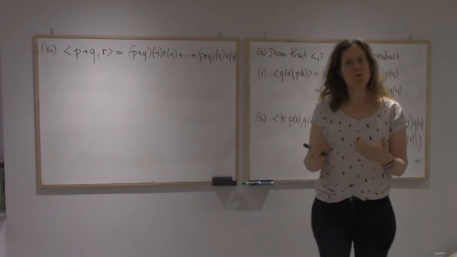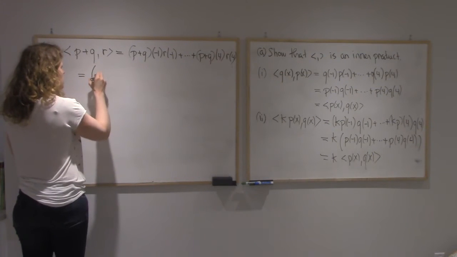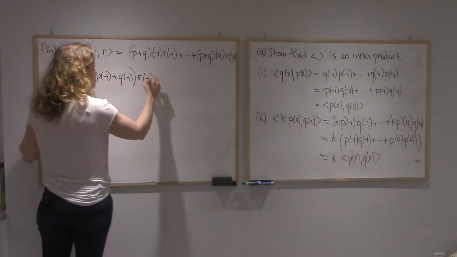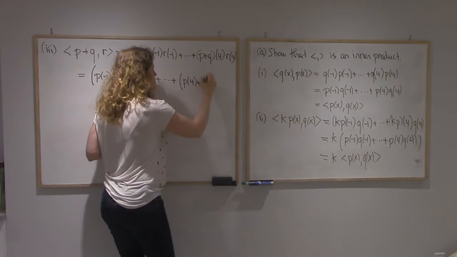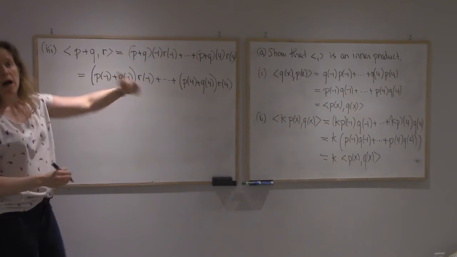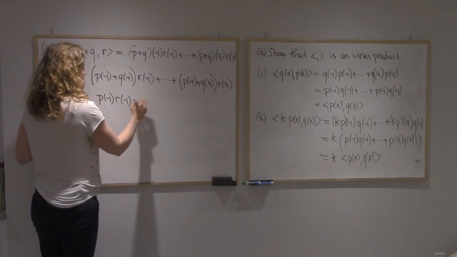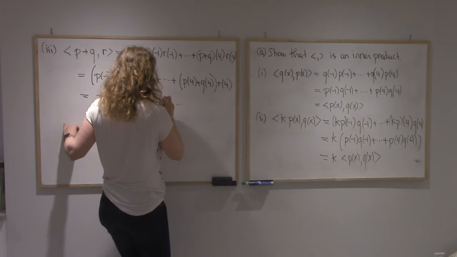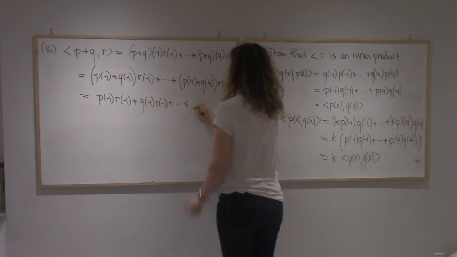Right, now P plus Q of 4 is P of 4 plus Q of 4, and so what I'll get is this. Now I can multiply through by R, and I'll get P of minus 1, R of minus 1 plus Q of minus 1, R of minus 1, and so on, up to P of 4, R of 4,